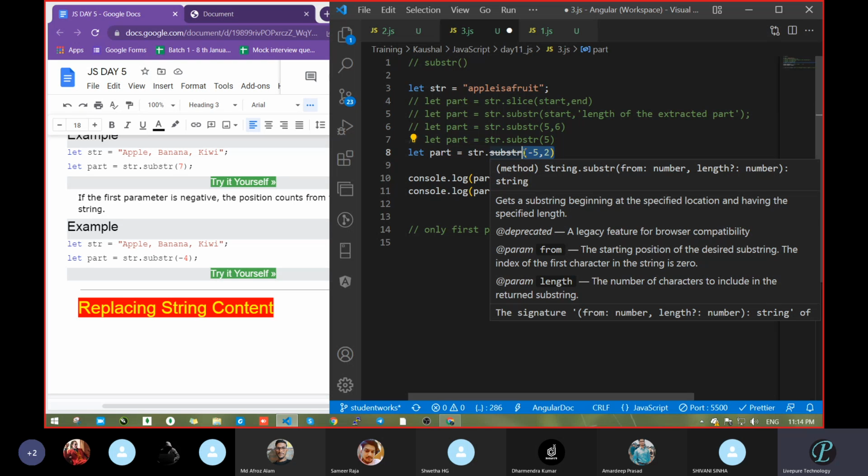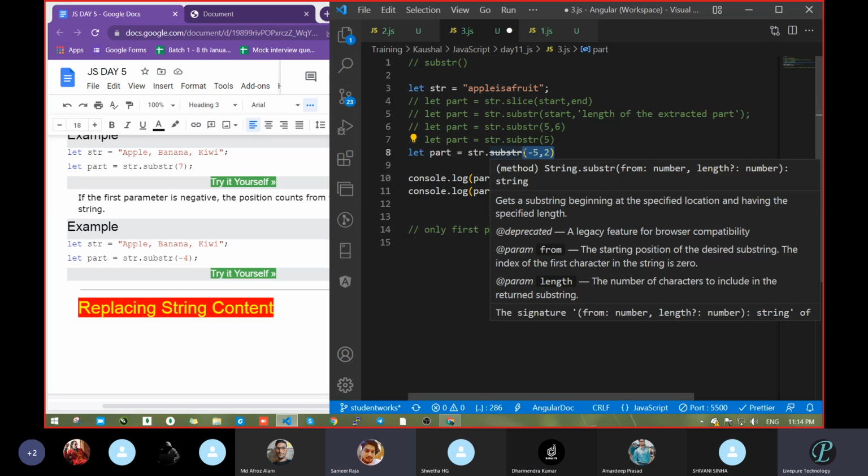Now move to substr. Regarding arguments, slice, substring, and substr all will take one argument or two arguments. On negative values, slice will take negative, substr will take negative, but substring will not take negative, so you have to take care.